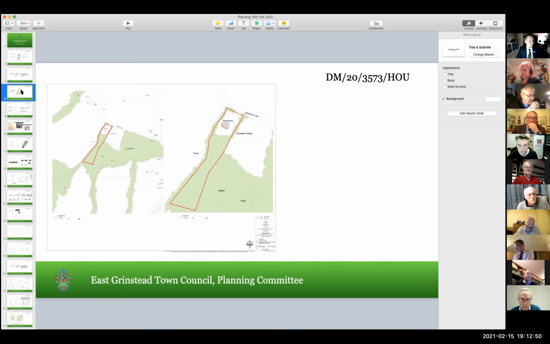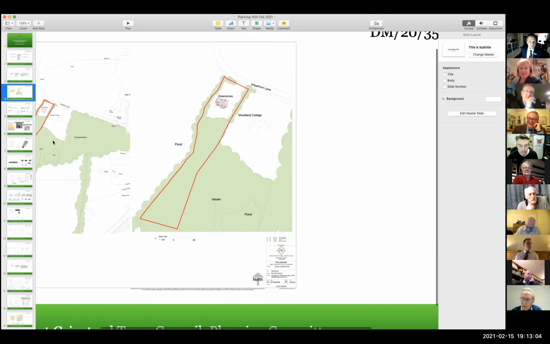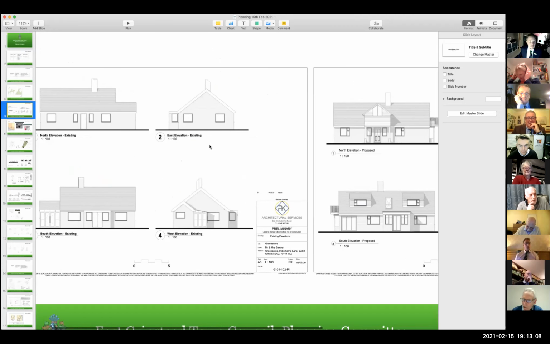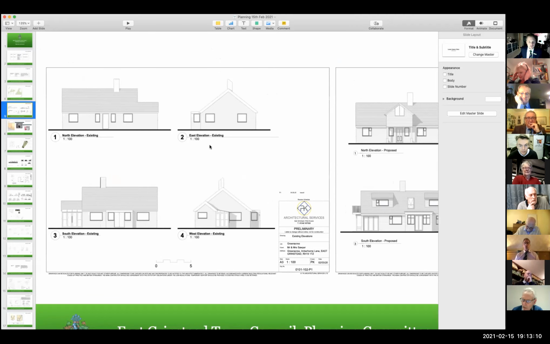This came before us on the 27th of October, and we would support approval last time. But Councillor Odey, would you like to, I'll show you the plans first, shall I? That would be useful. So this is the property here. This is the proposed, and for some reason